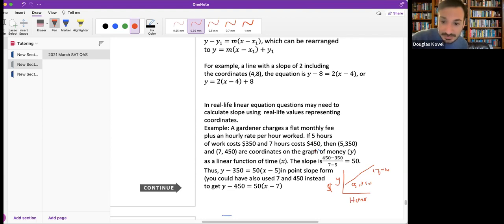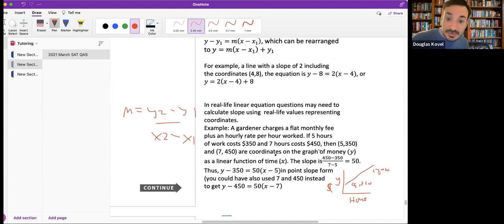So then I would find the slope, which you remember hopefully from our last webinar. Slope, remember, is y2 minus y1 over x2 minus x1. So it's basically the change in y over change in x. So I would do 450 minus 350 over 7 minus 5, which would give me 50. So the slope is $50 an hour. And I could also see that that makes sense, right? Because from 5 hours to 7 hours, I went up $100 in 2 hours, which means I went up $50